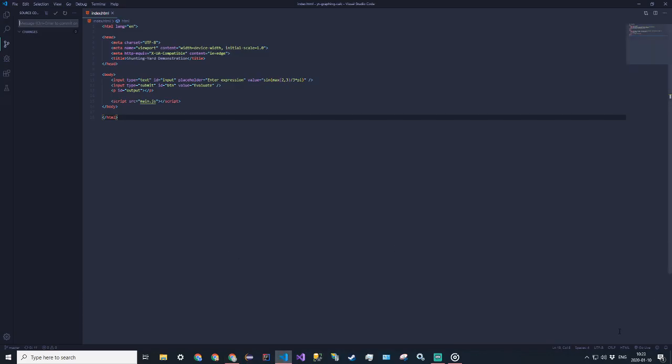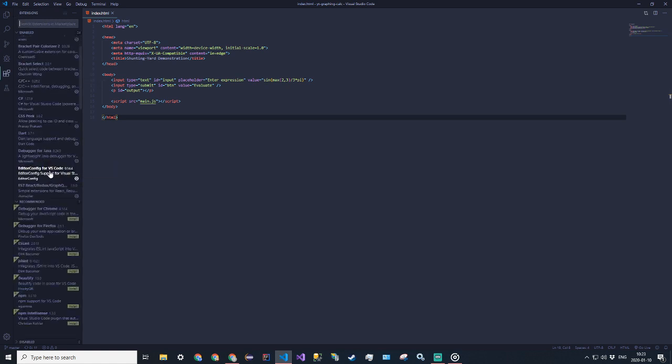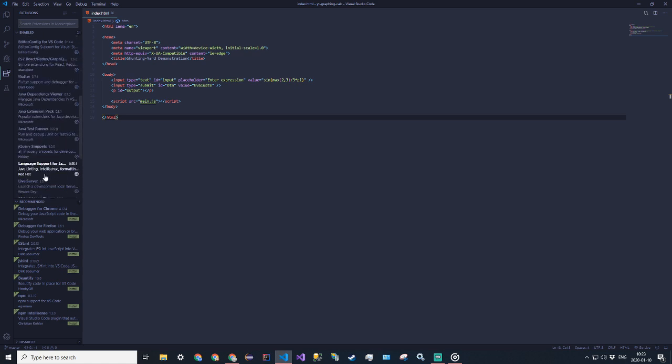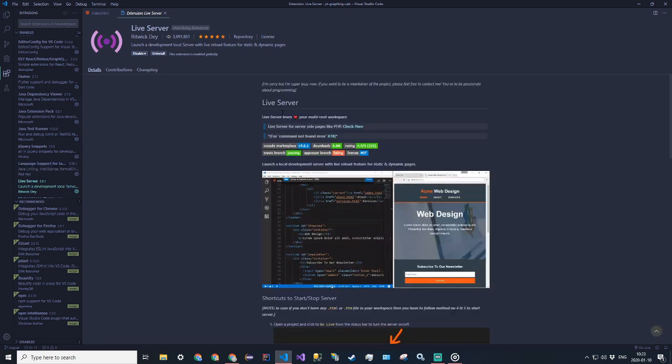So I recommend that if you're on Visual Studio Code or some other text editor like this that has plugins, you should get a live server that will update. It hosts HTML pages on a local server, and every time you save a change, it'll update. So I have one. What's it called? It's literally called Live Server by Ritwick Day. So if we go live,